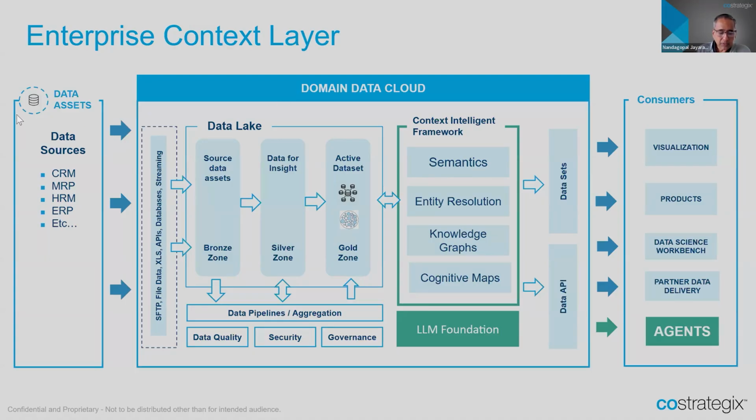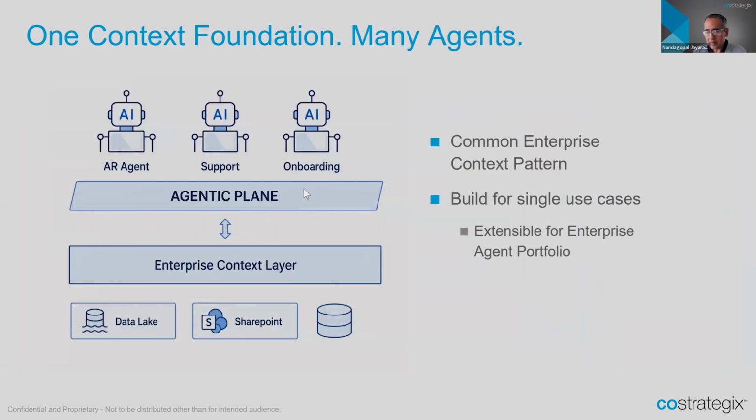So that's the footprint. Now let's take a look at really the one optimization point. Most companies we see are experimenting with agents, and they tend to work well in prototypes or proofs of concept. But when you want to deploy that, that's where some of the complexity comes in. It's really about building that enterprise context layer that suits that agent, right?